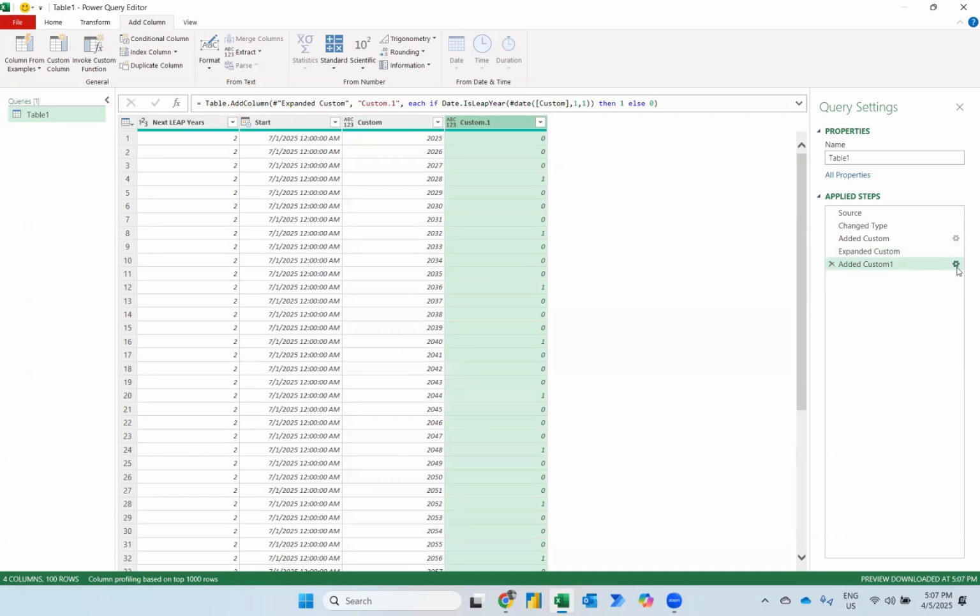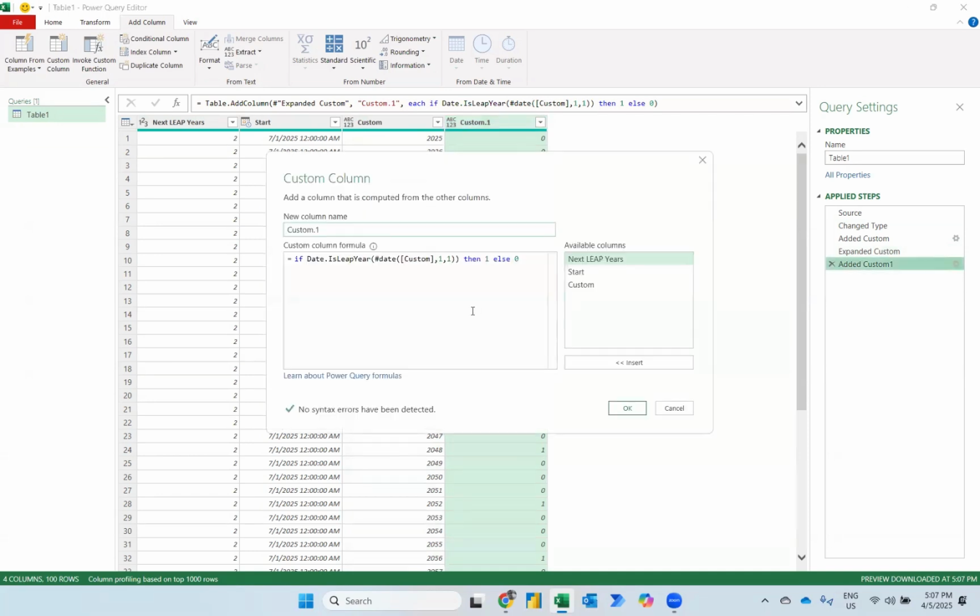But if we want to decode and understand our function, what we can do is, you see here, Date.IsLeapYear. Basically it determines if that particular year is a leap year or not. And why do we put the hashtag? Because it indicates that it is not a number format or text format. And it shows here the custom means the particular year, comma 1 means the date is 1st January